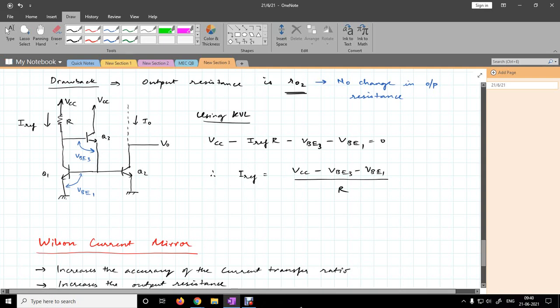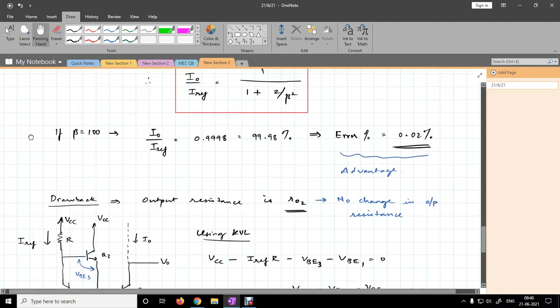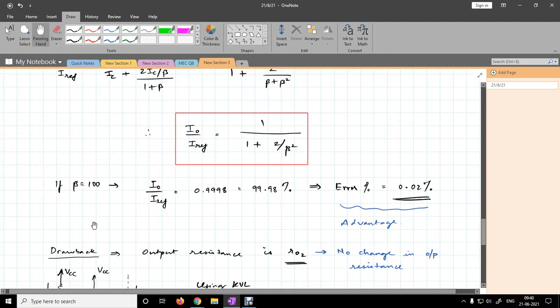Like I said, this R resistance is actually off chip. It is a very precisely controlled resistance, and it is off chip. Q1, Q2 and Q3 are all fabricated on chip. So whatever current is flowing through R, which is I reference, can be mirrored across at the collector of Q2. This is how you do it. So if you replace that current source here with a resistor, this is what you get.